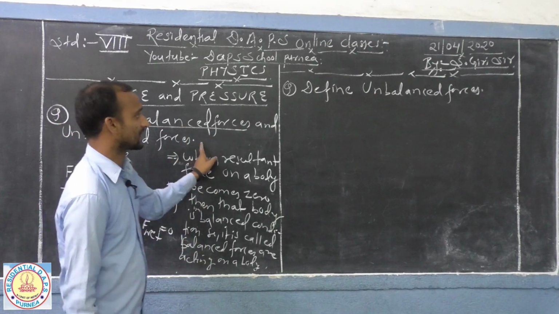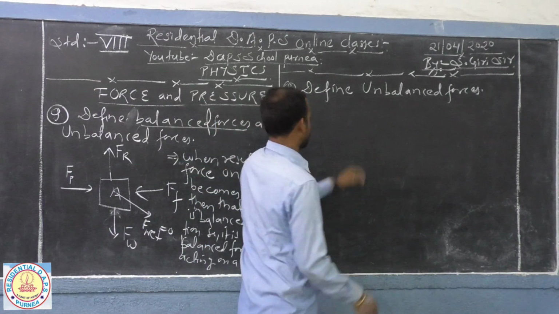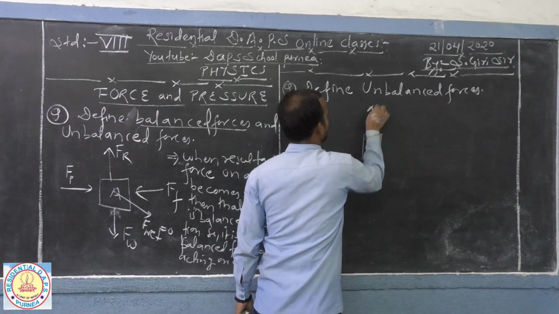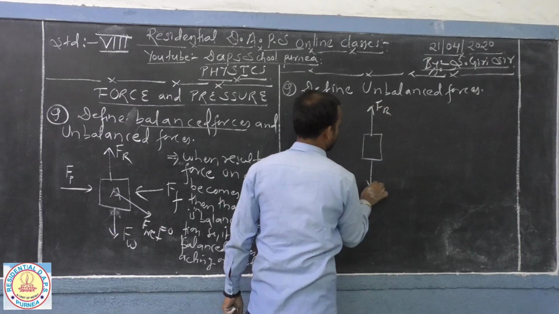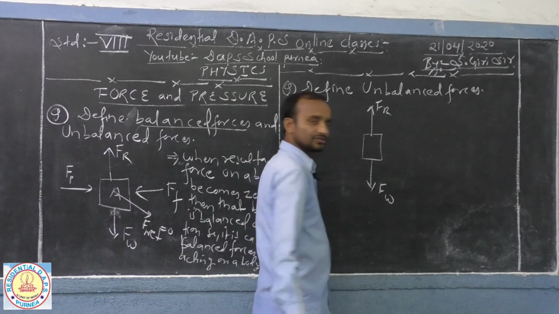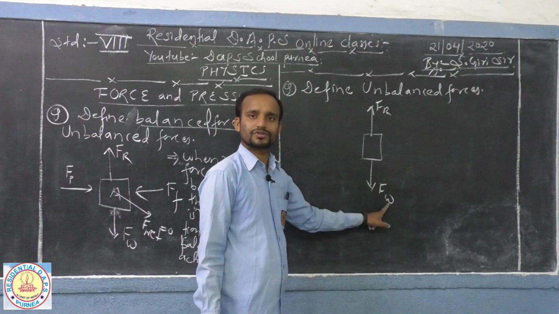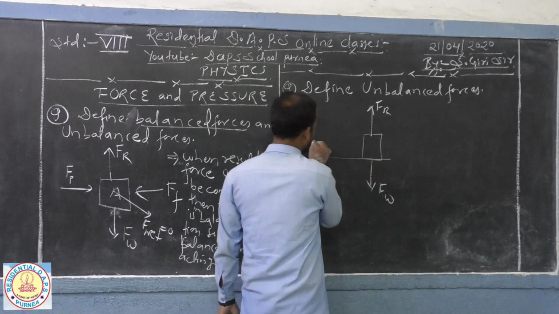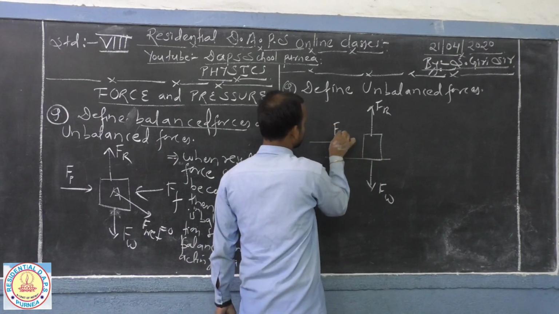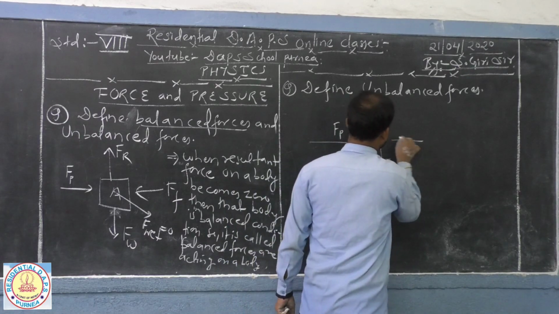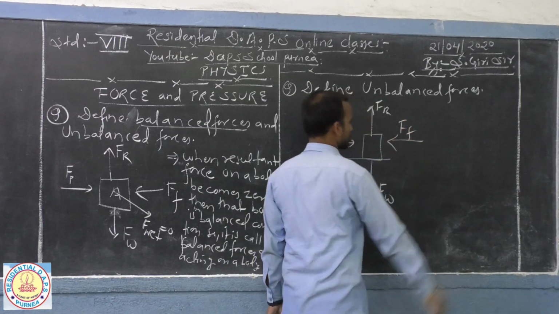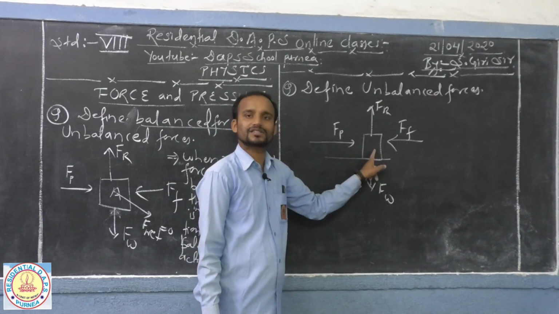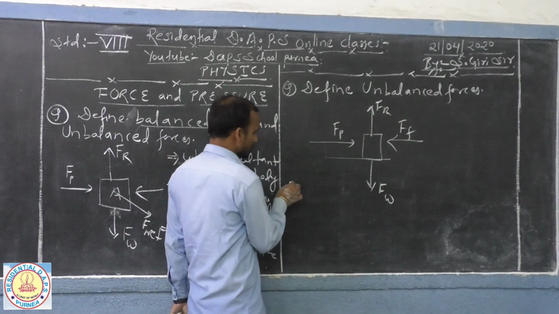Now let us study what unbalanced forces are. Take the same body. Suppose the force of reaction is cancelled out by the force acting downward due to the weight on the ground floor, and when I am pushing here, the friction force always acts opposite to the pushing force, that is, against the motion. And in this case,